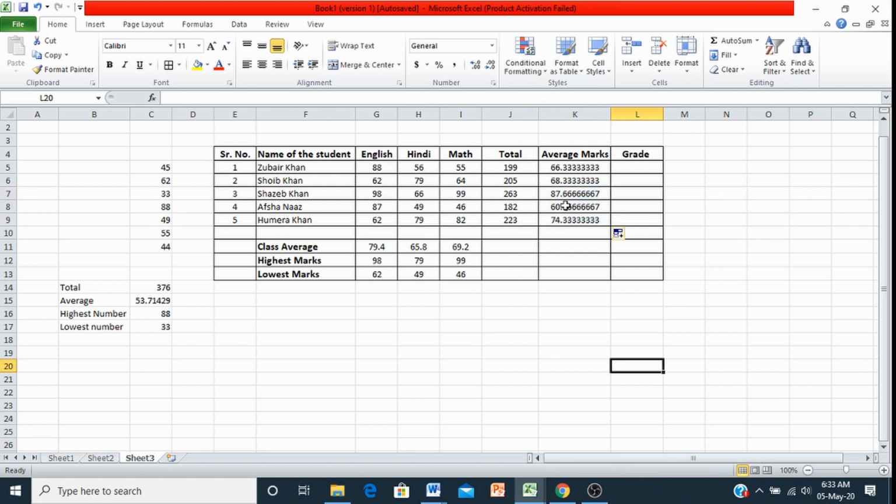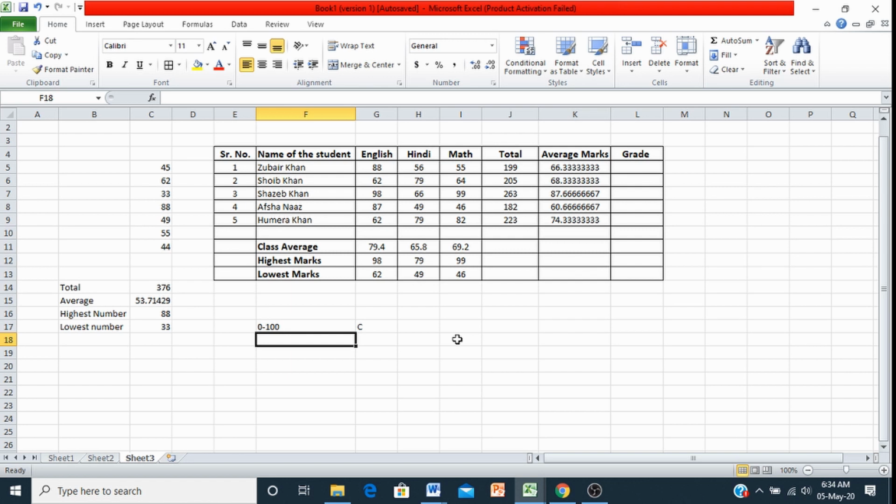Now the last thing we can calculate is grading. For grading we have to use the if function. Before that we will give the criteria. For the grading criteria we will put some numbers over here. Suppose someone got total marks between 0 to 100, he'll get C grade.